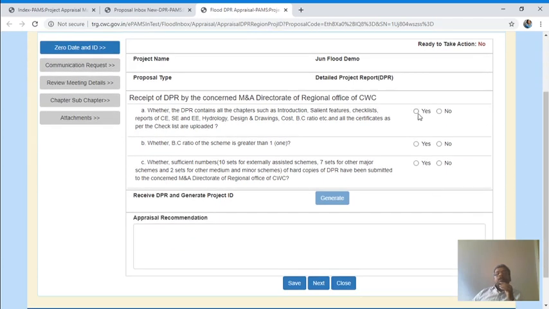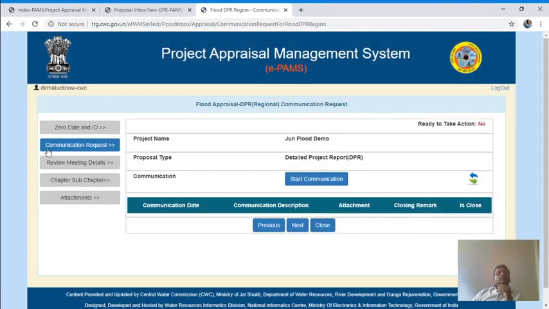Here you will have to fill. Now this user can do communication with the project authority. Suppose any clarification is required from the project authority, then this user can start communication.